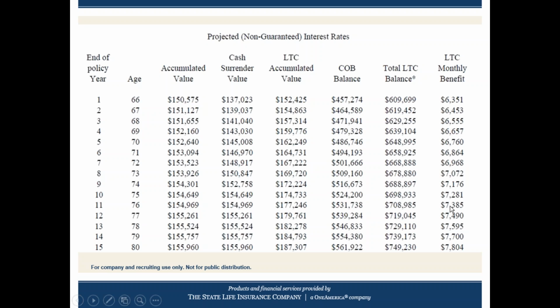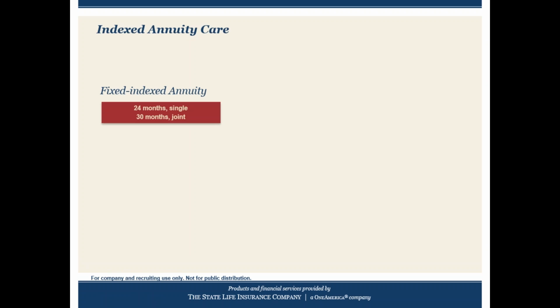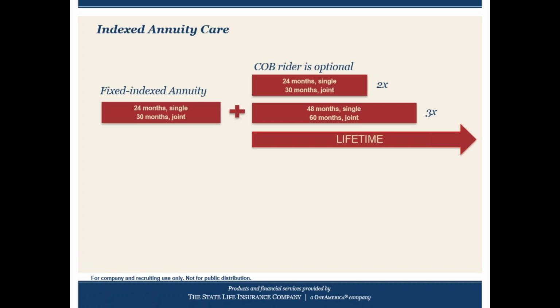Wants his money back, you get it back, and a nice $7,300 per month per person for long-term care. There's no easier sale. And then the indexed annuity, I'm going to go into very, very briefly because we're short